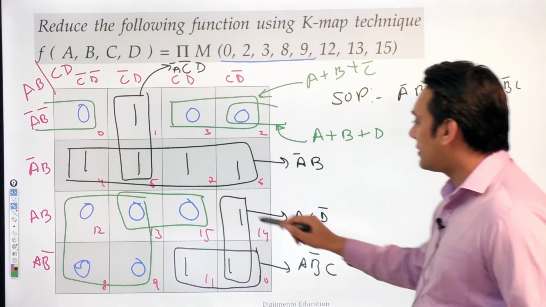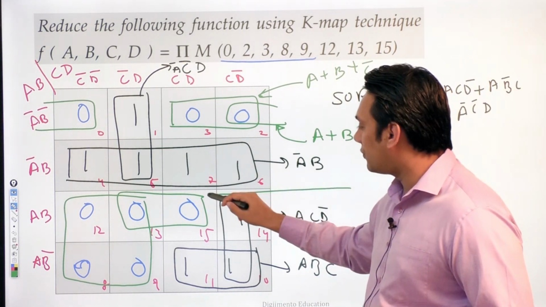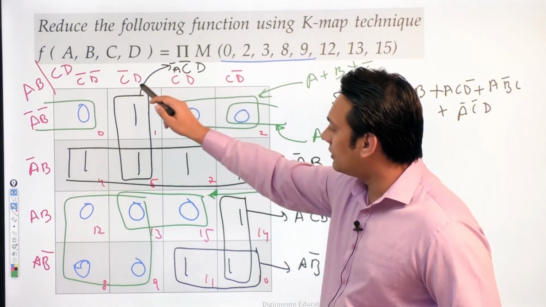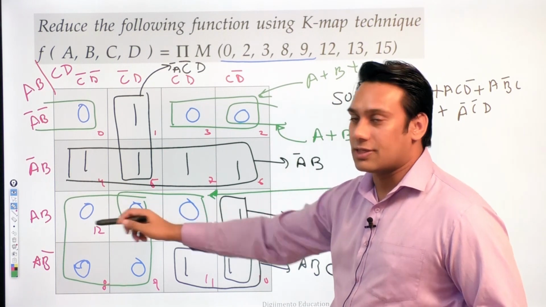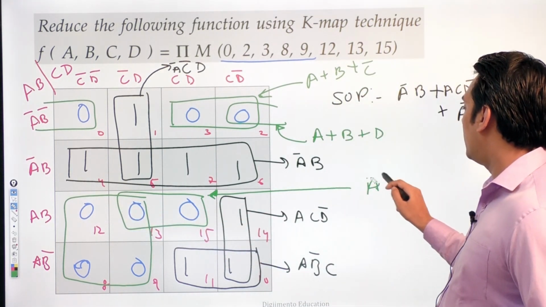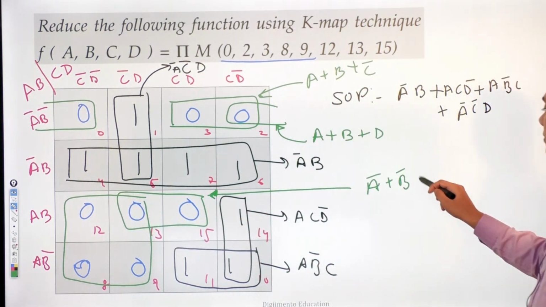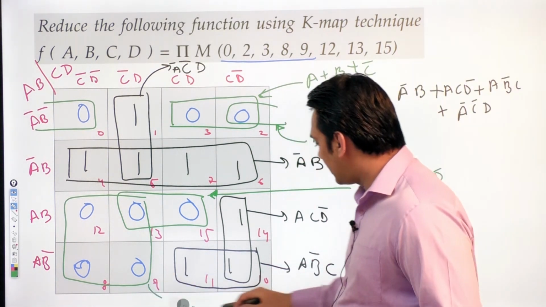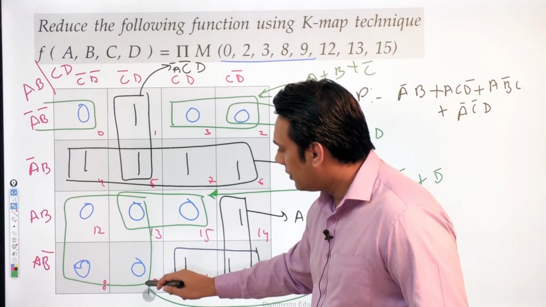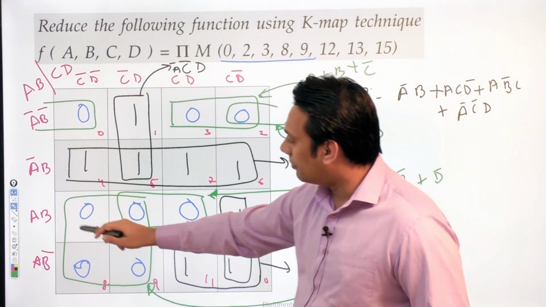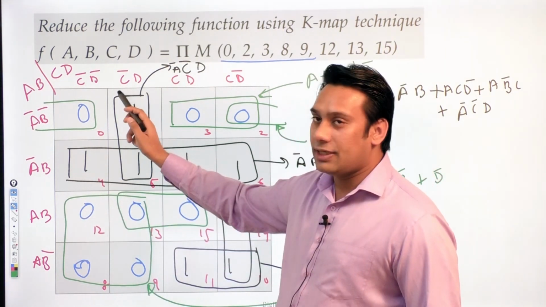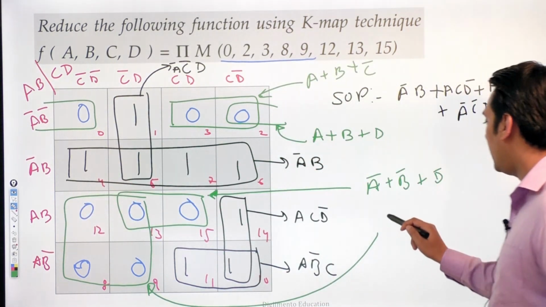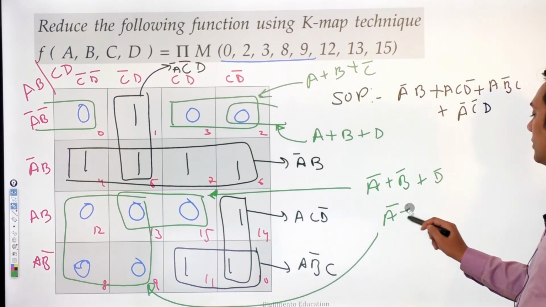ठीक है? In the same way, I can also do something for this one also. तो यहाँ पर क्या है आपके पास? This is representing D is not changing as well as AB is not changing. So this is A complement plus B complement plus D complement. So इसके अंदर this one here. So for this one, B is changing as well as D is changing. So this will be A complement plus C. तो ये जो है ये बनेगा आपके पास A complement plus C.